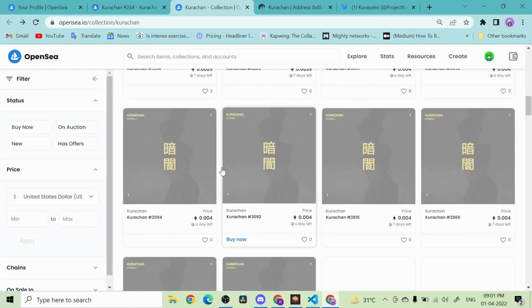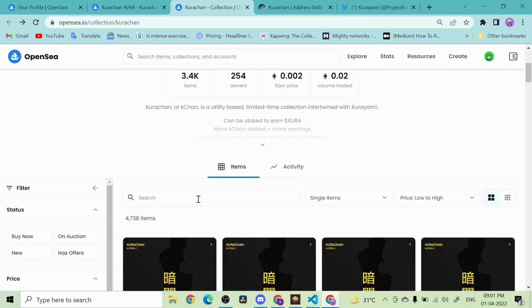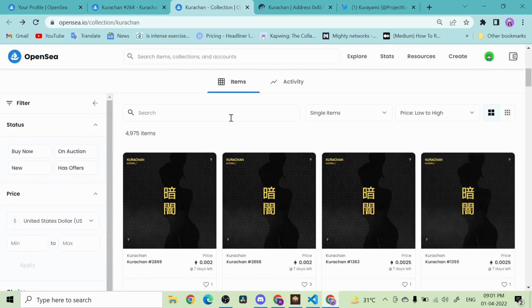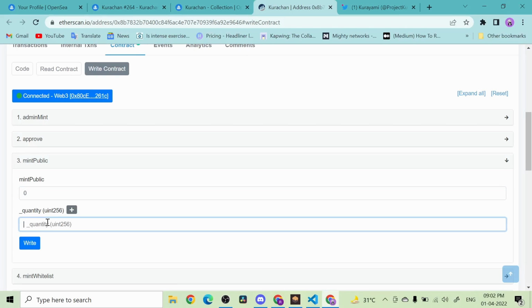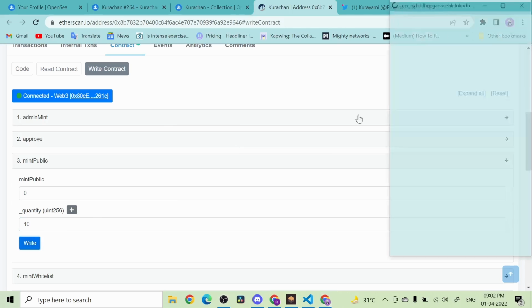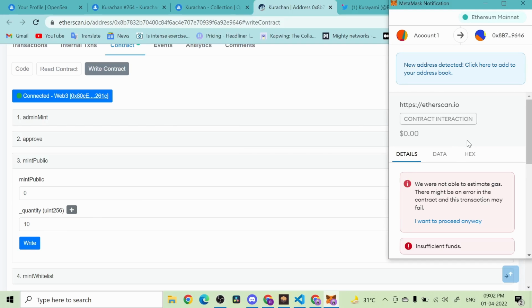Alright, so let us see how much the gas fee is right now, and then I'll decide whether I want to mint this or not. If I just click on 0, I'm going to pay 0, and if I press 10 for the quantity, and click on write, my wallet should pop up and tell me exactly how much